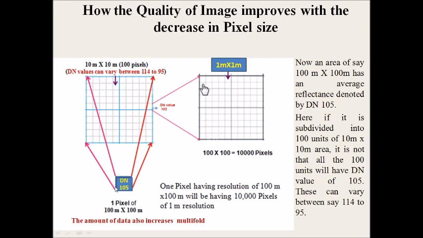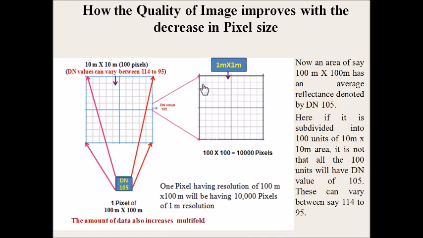Now I have taken this example, a pixel having a digital number of 105, and the size of the pixel is 100 meters by 100 meters. That means for a 100 by 100 meter area, the average reflection shows a digital number of 105. Now if I divide this 100 by 100 meter area into 10 by 10 meter pixels,